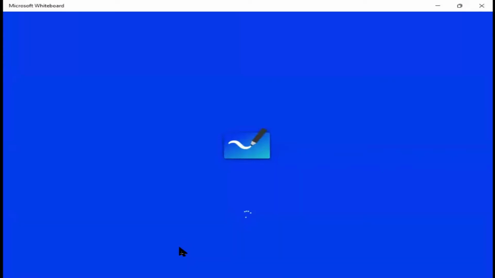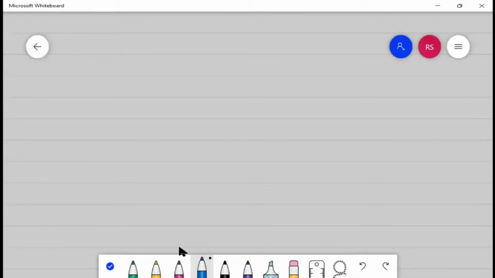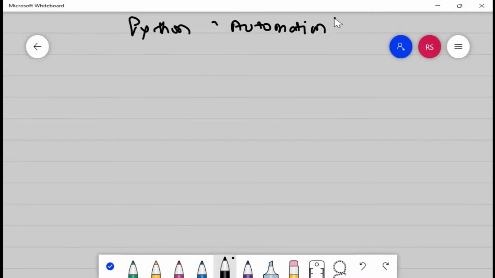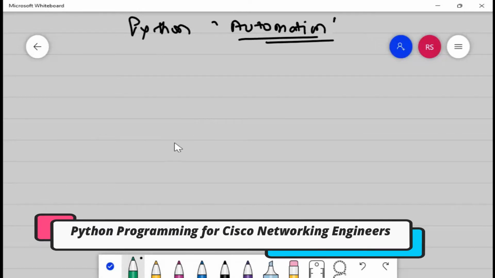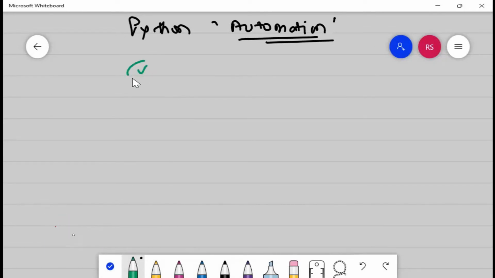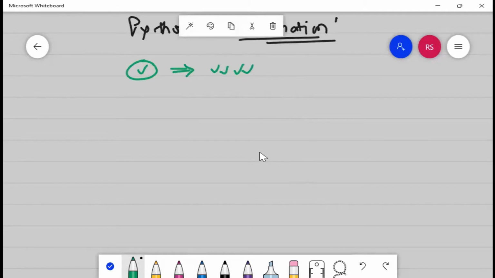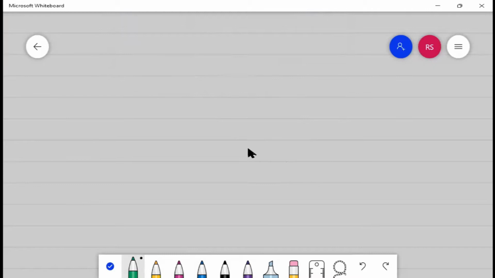So let me tell you guys that in Cisco, every Cisco certification currently includes Python, or I will say automation is included. Automation is there. Why? Because in Cisco devices, automation is now getting enabled, and even Cisco has started using automation. Earlier also they were using it, but not on such a big scale that people should be aware of it. But nowadays they are focusing so much on Python learning or automation learning.